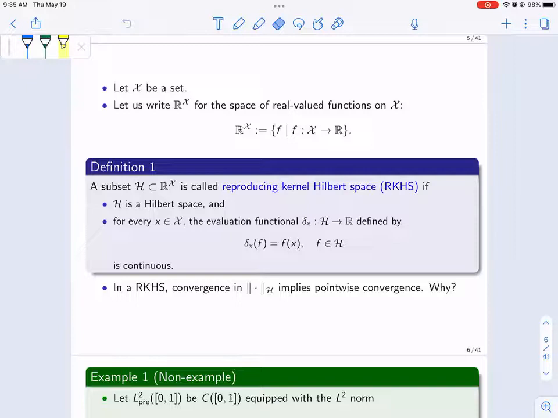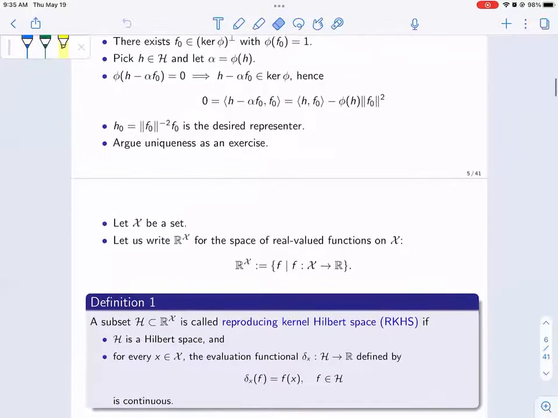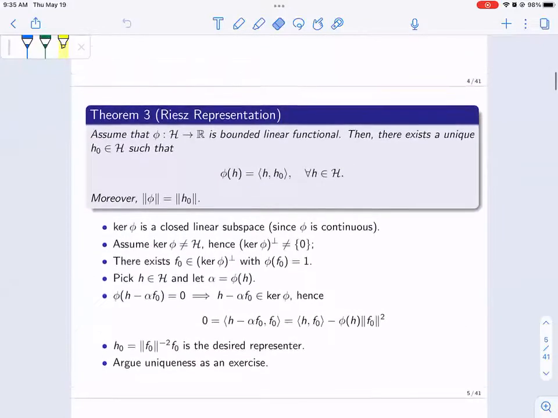Okay, so we were talking about reproducing kernel Hilbert spaces, and we did some review of functional analysis. A particular result of interest is this Riesz representation theorem that says that if you have a Hilbert